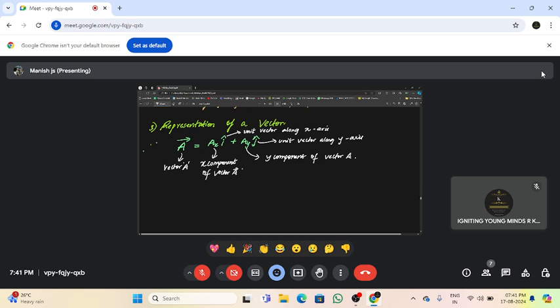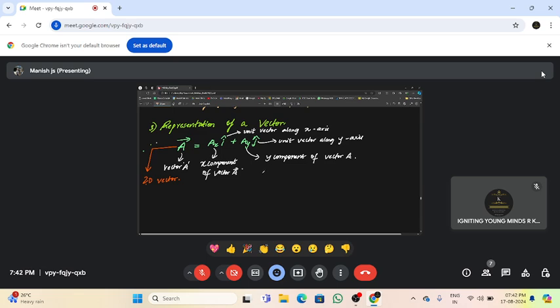So what category of vector does it fall under? We call this vector A a two-dimensional vector, because you have only x and y. There are only two dimensions. So this is a classic example of a 2D vector. Am I clear? So this is how you represent any particular vector. This is the basic aspect of how a vector is typically written, or expressed.